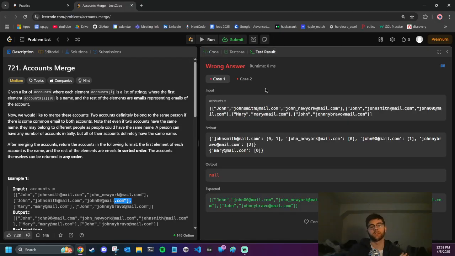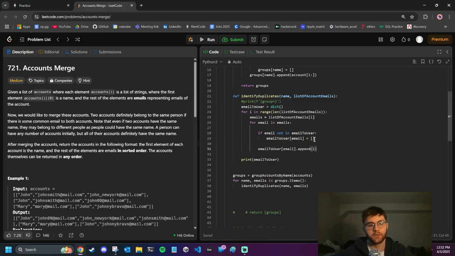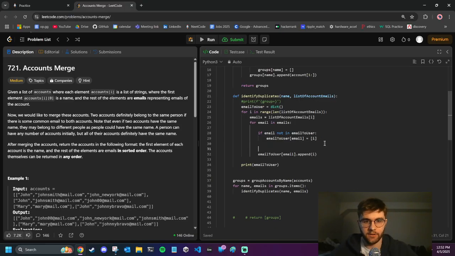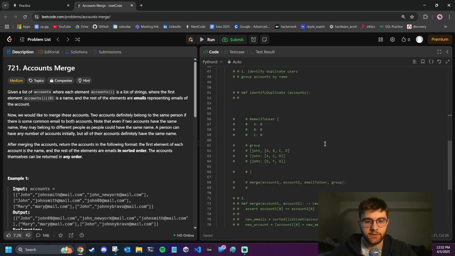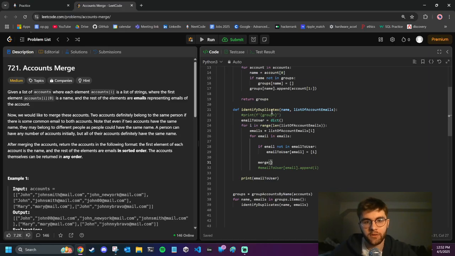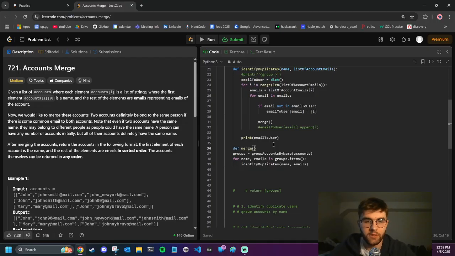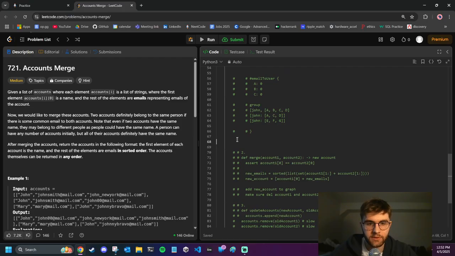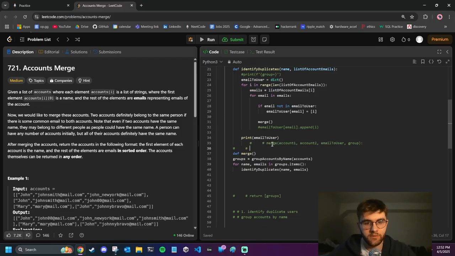So now the question is, do I merge it like right away? And I think the answer is yes. So now we could say, well, all right, so let's make it i. If it's already in there, then let's call merge. Yeah, let's call merge. And what does our merge function do? Yeah, this one. I'll just keep that there. Okay, so our merge function